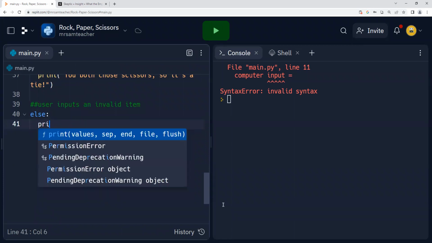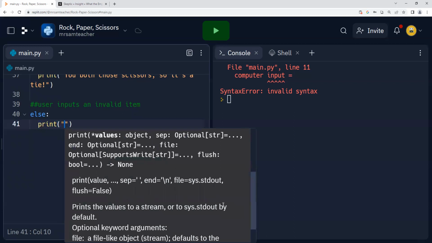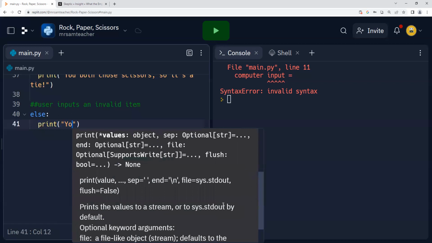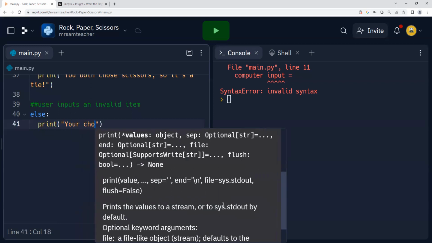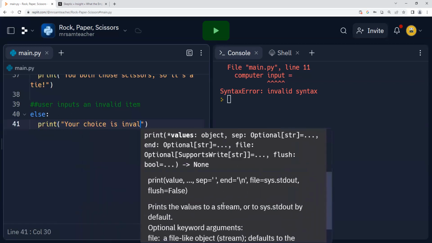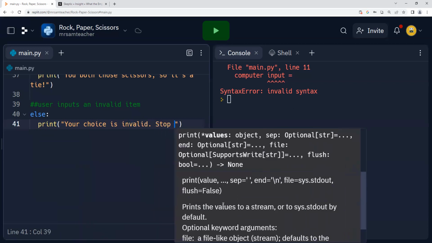We're gonna go ahead and print. I like to say it's always best to be very specific with your user, so that they get the best idea what to do next, so they're not confused the next time around. Your choice is invalid. Stop the program.